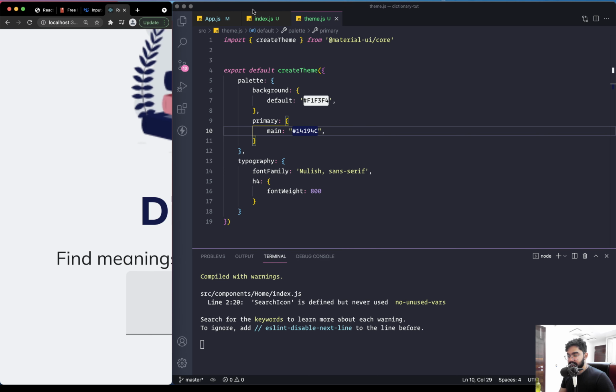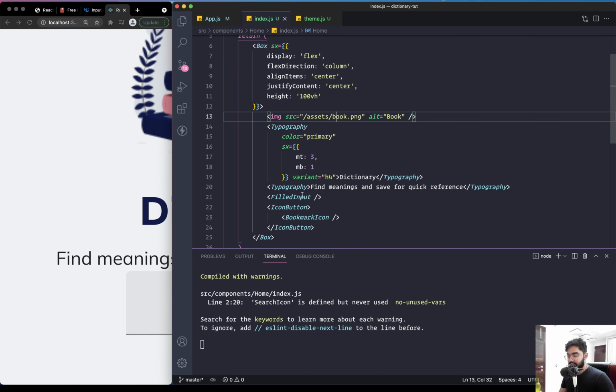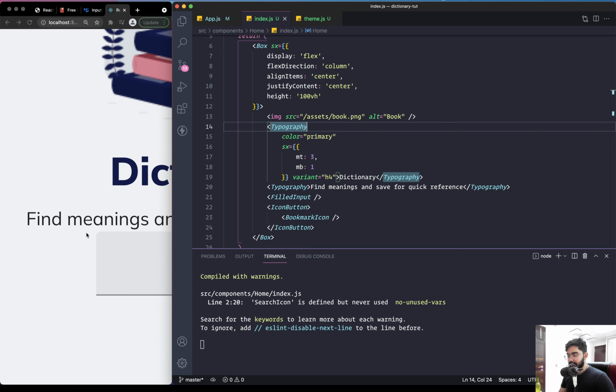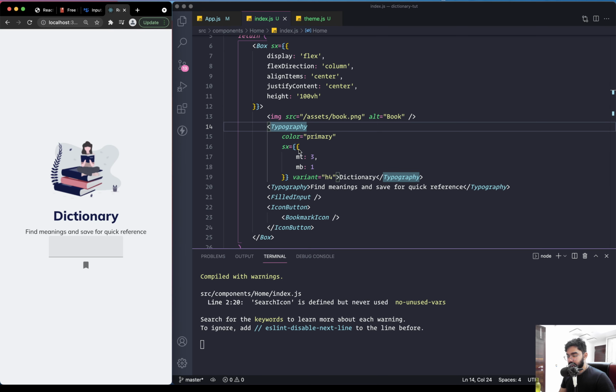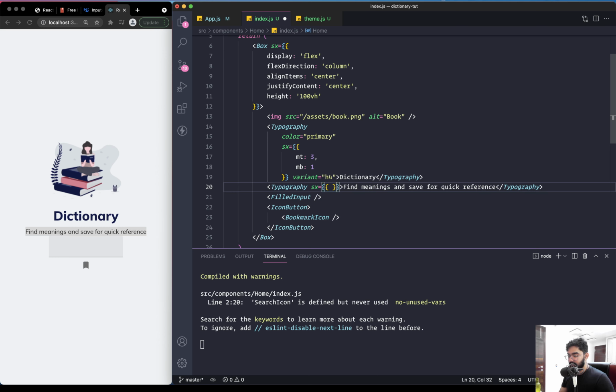Perfect. So the next time that we want to use the same color, we just need to set the color to be of primary on any typography component. So let's continue, and let me just actually zoom out. The other thing is, we need to change the color of this typography as well. Let's do that. So on the typography, let's add in the same SX on the second typography, and we can set